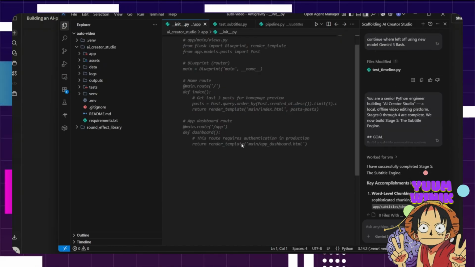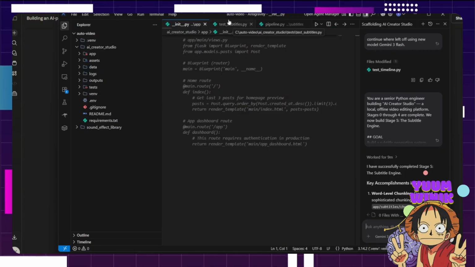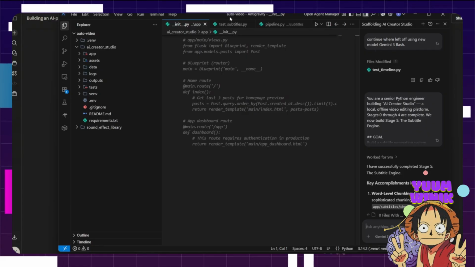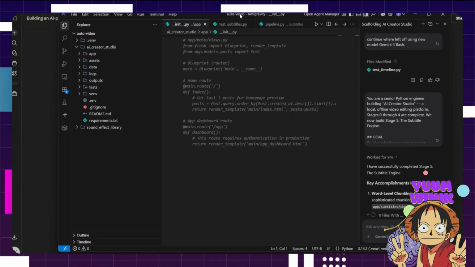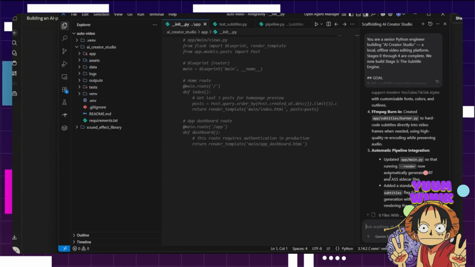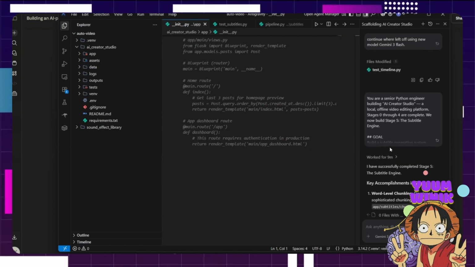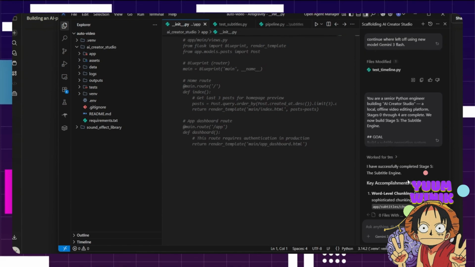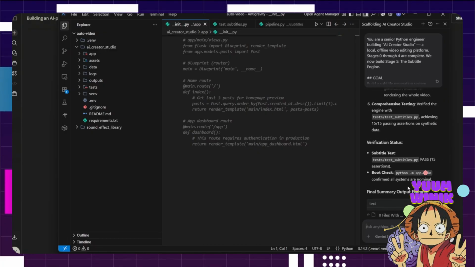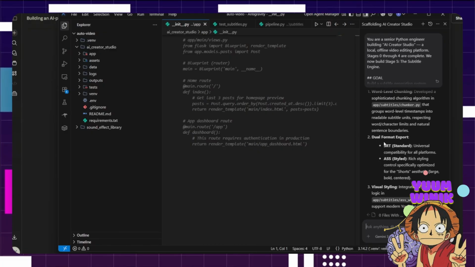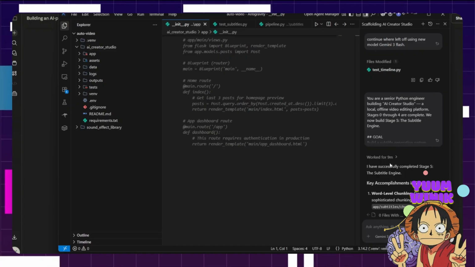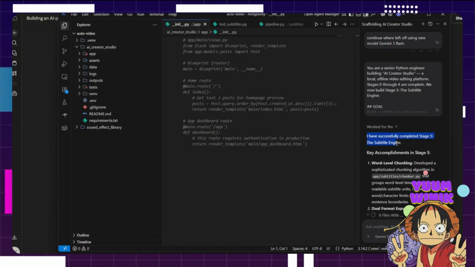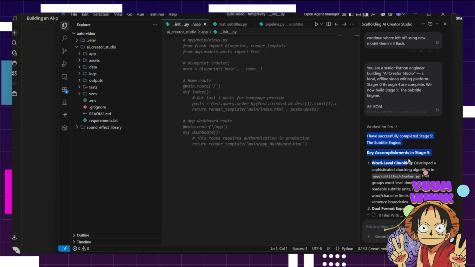Look here inside of my Google Anti-Gravity. I've named it Auto Video, as you can see at the top. So far I've run up to 6 stages. Stage 5 is complete, so now we're on to stage 6. And usually what I do is, now that my stage 5 has successfully completed,